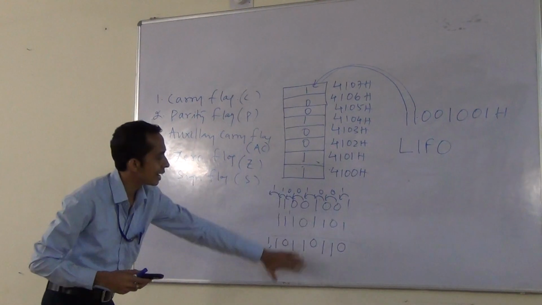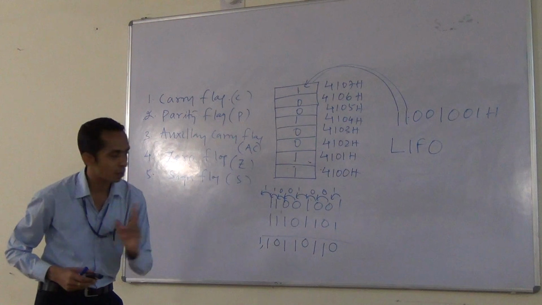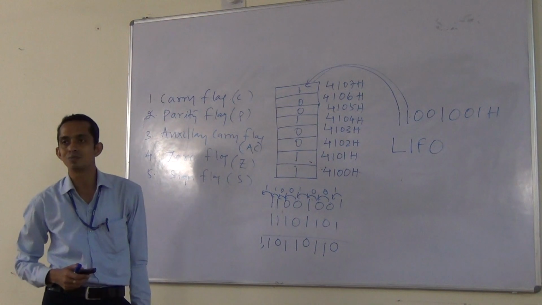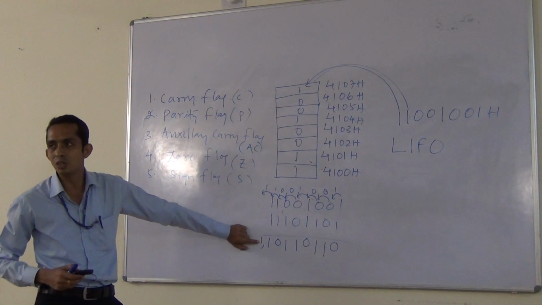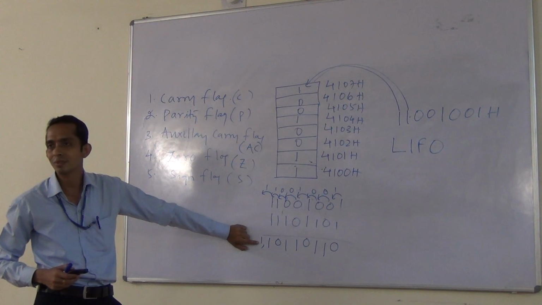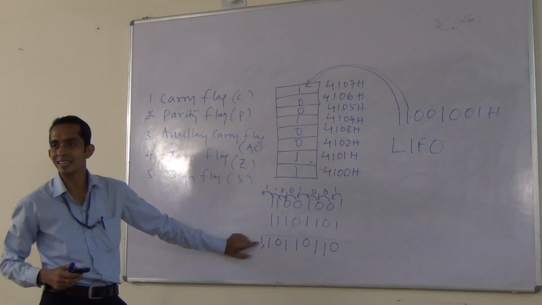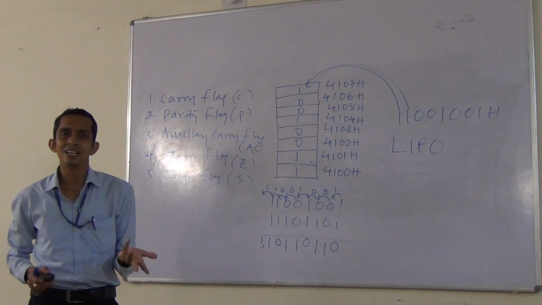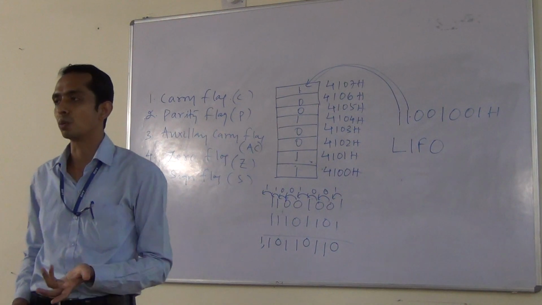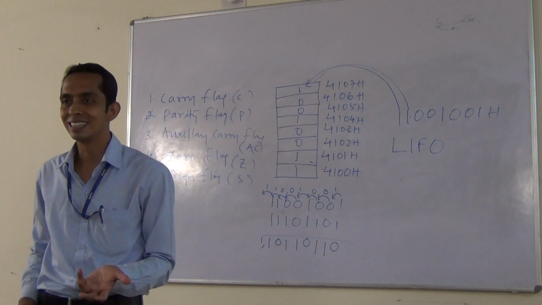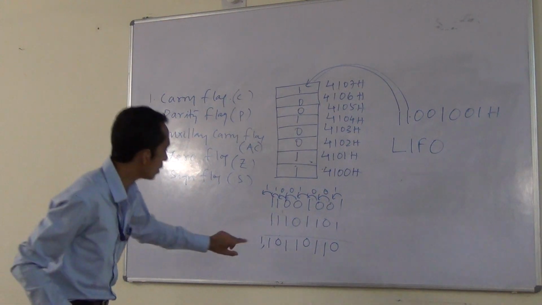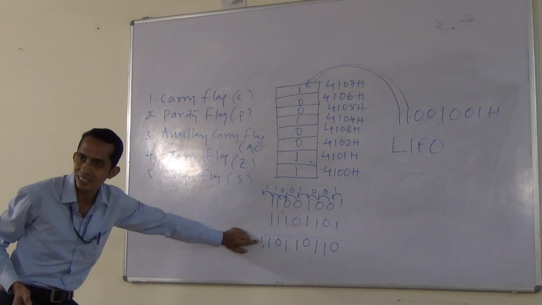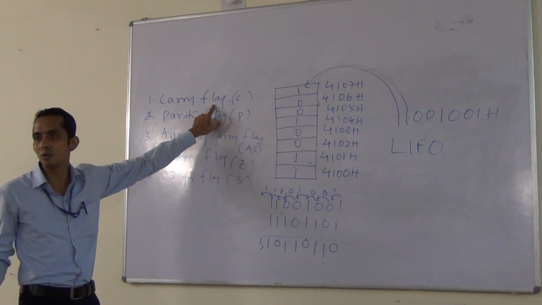After the addition, one may observe that I have used one 8-bit data to be added with another 8-bit data, but the result is found in 9-bit form. This most significant bit which is found additionally is known as the carry bit. If a carry is generated in the result, at that time the carry flag will set. These flag registers are basically constructed with the help of flip-flops, and flip-flops are set and reset depending on the input conditions. So if a carry is generated in the addition operation or any execution operation, then the carry flag will set, otherwise it will be reset.